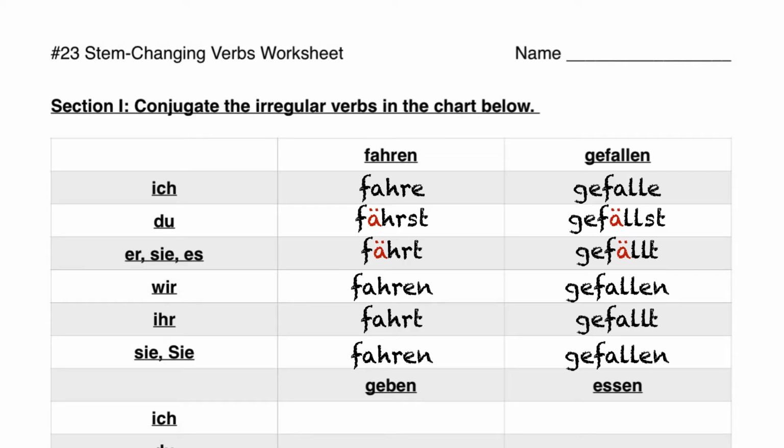You'll notice again that it only takes the umlaut in the du and er sie es forms, and it doesn't take that for the ihr form, which a lot of people will mistake and try and put an umlaut there. At any rate, this is mostly used again with only the er sie es form or the sie plural form. There are a few instances when I've seen somebody use the du form for this, but again, it means to please or to be pleasing to someone. It's kind of the backwards way of using to like.